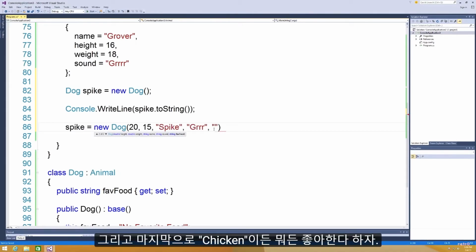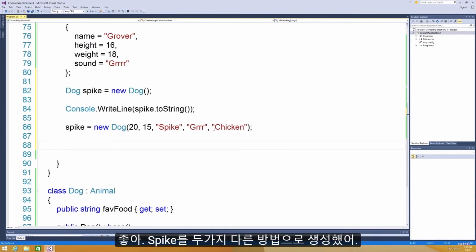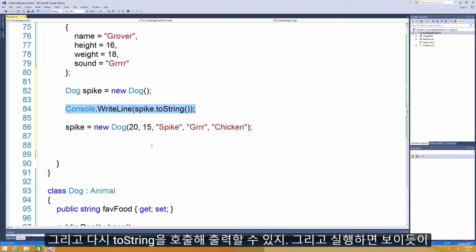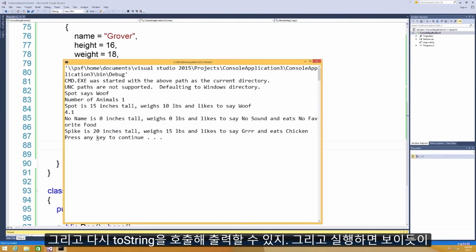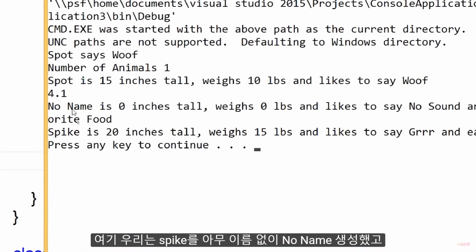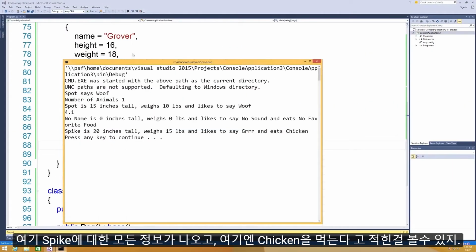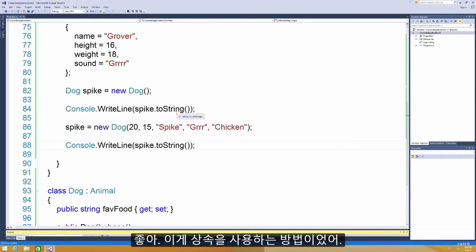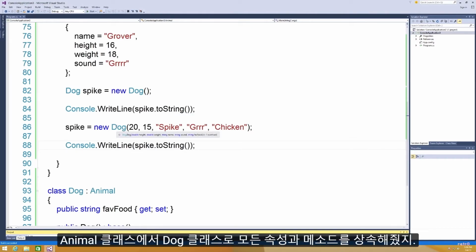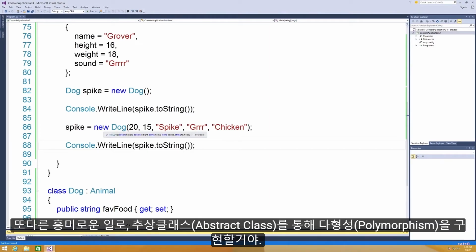And then finally, let's say that he likes chicken or something. There we go. And we created Spike in 2 different ways. And we could go and call toString again, print that out. And if we execute it, you're going to see here is where we created Spike with no name, and there's all that information. Here is Spike with all of the information, and you can also see that he eats chicken on there. So there you go, guys. That is how we create or use inheritance, where we inherited every attribute and method inside the animal class into our dog class. Another thing that's interesting is we're going to be able to implement what is called polymorphism through